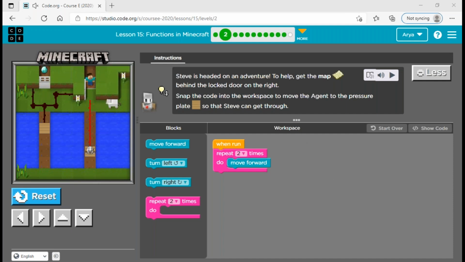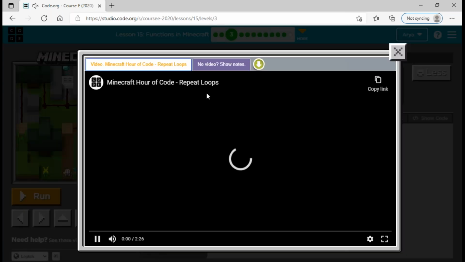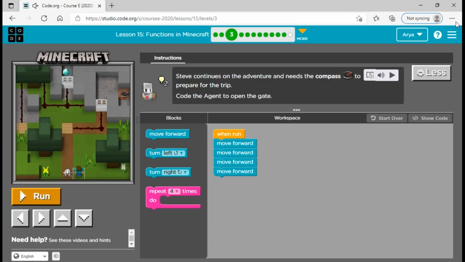All right, so let's go on to the next level. So that's the next circle over here. So go to the top and click the third circle. You should get a video. So what you can do is you can just click this X and X out that video. And now what we can actually do is continue our coding process and help our character navigate